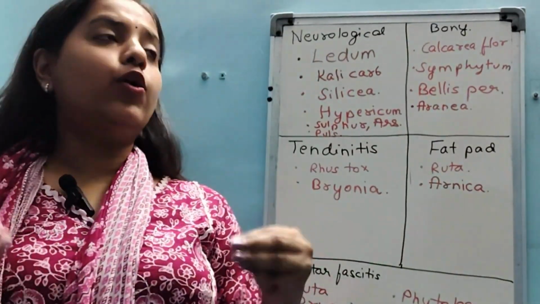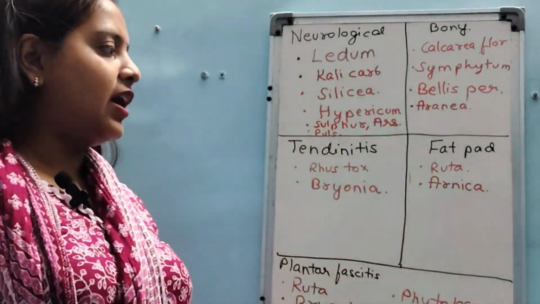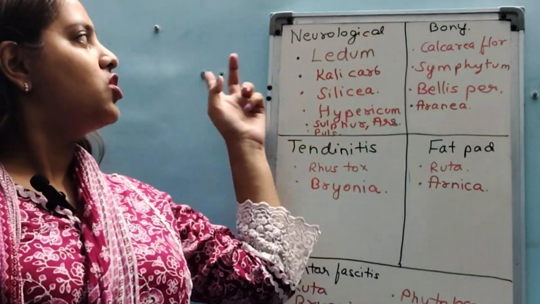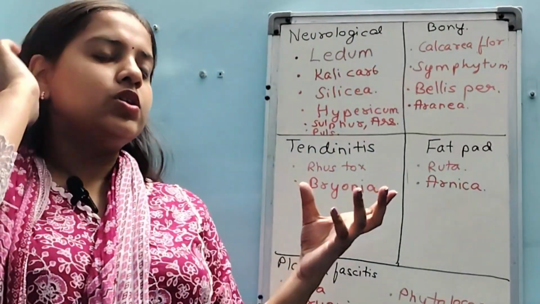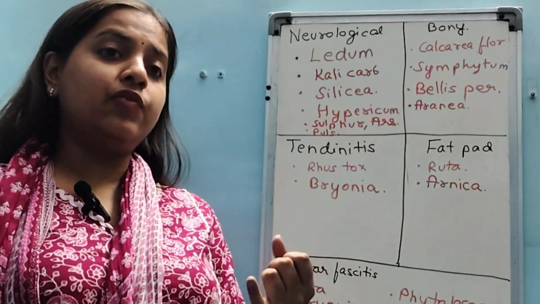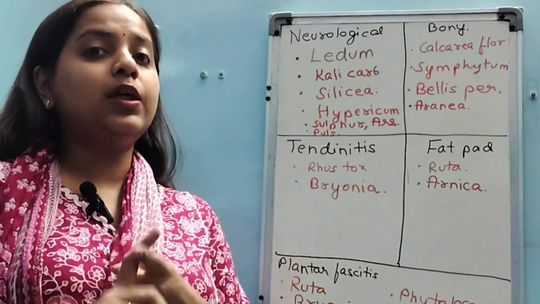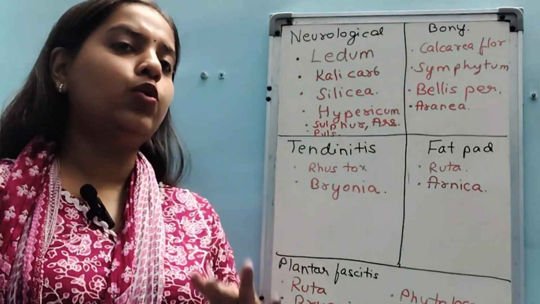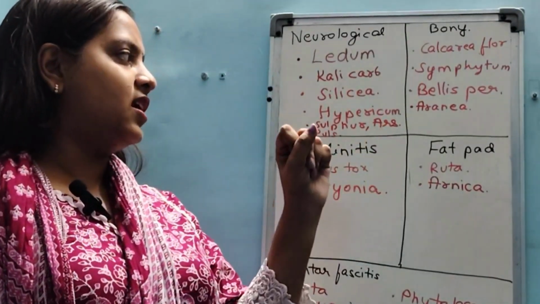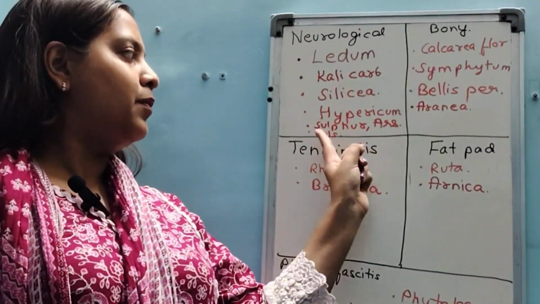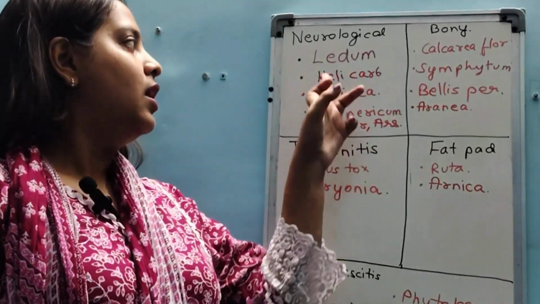Now we will discuss the associated homeopathic remedies. I have written them all down. So the very first cause, neurological cause. We have Ledum pal. As you know, the patient will experience swelling in the foot, burning sensation, and the pain will be relieved by immersing in cold water. If it is better by hot, then we have Arsenic here. For burning, Sulphur and Pulsatilla are also helpful.